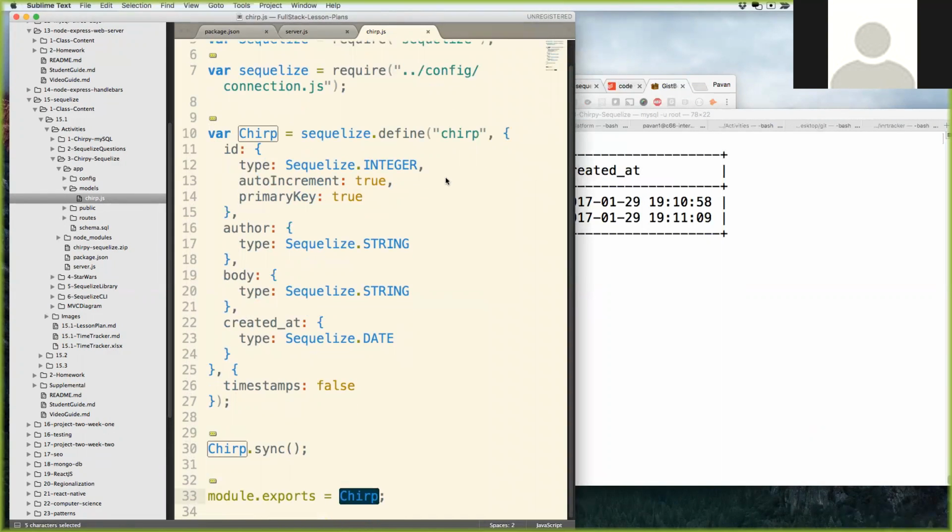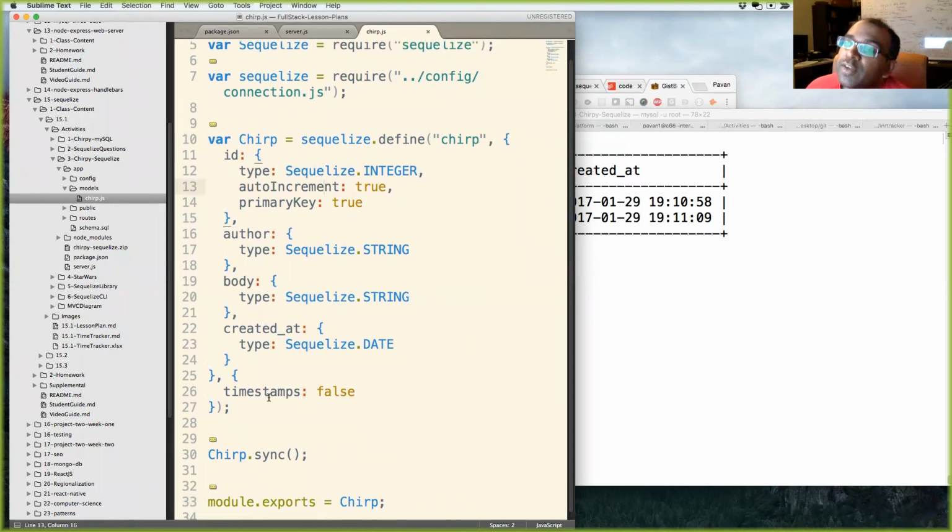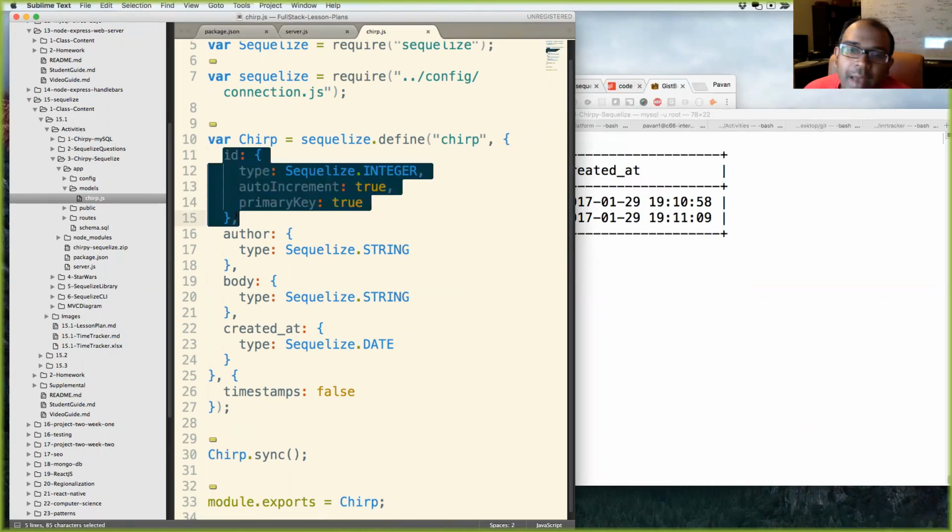Wouldn't Sequelize define automatically create the ID and the created at as a default? Yeah, if you did not include this, it would do created at and updated at. And from my experience, it's better to specify what your primary key is. Be as manual as you can.